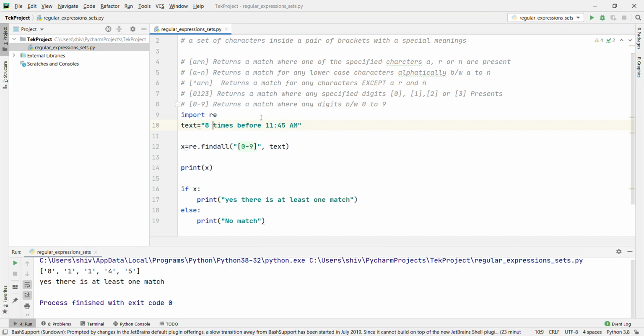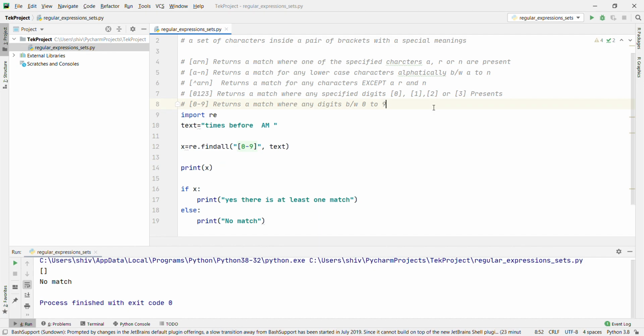If I go with 8 times 8, just as an example, then 1, 9, 1, 8, 9, 8, it will print 8, 8, 1, 1, 4, 5, 1, 8, 9, 8. Let's run and see it. Okay, 8, 8, 1, 1, 4, 5, 1, 8, 9. If we remove all the digits, then it will print an empty string and no match. Let's run and see. Right, empty string and no match. This is clear now. Now we'll go with the sixth one.